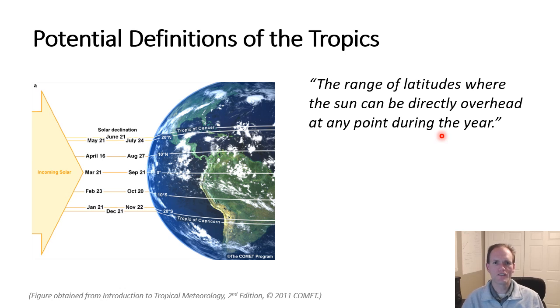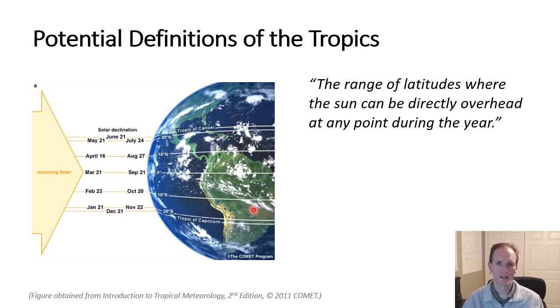So here's our first definition for the tropics, and it's a fairly simple one. It's the range of latitudes where the sun can be directly overhead at any point during the year. So we know as the seasons progress, we have the sun directly overhead of the Tropic of Cancer during the summer solstice in the northern hemisphere, and then directly overhead of the Tropic of Capricorn during our winter solstice, which would be the southern hemisphere's summer solstice. So these range between 23.5 degrees north and south latitude. So we could define the tropics basically as any place where the sun can be directly overhead at some point